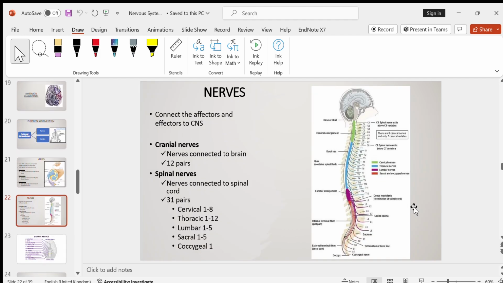Nerves connect the receptors and the effectors to the CNS. There are two types of nerves: cranial nerves and spinal nerves. The cranial nerves are connected to the brain and there are 12 of them. The spinal nerves are connected to the spinal cord and there are 31 pairs: 1 to 8 in the cervical segment, 1 to 12 in the thoracic segment, 1 to 5 in the lumbar region, 1 to 5 in the sacral,